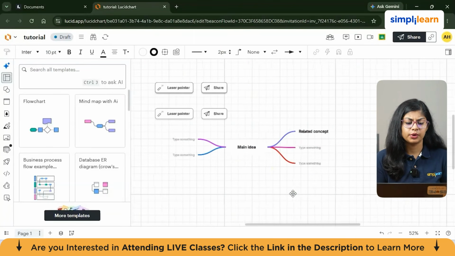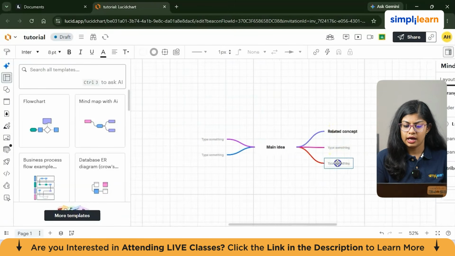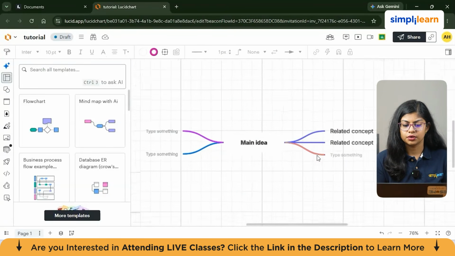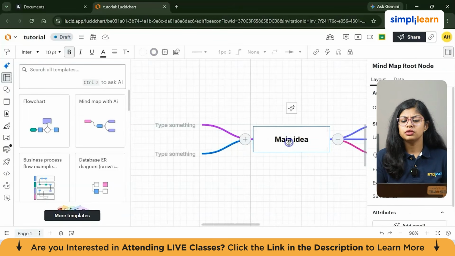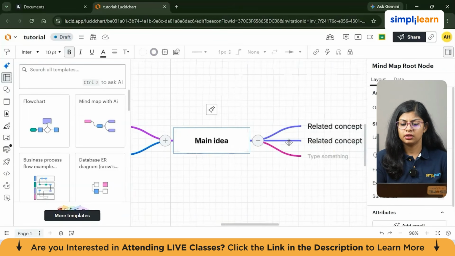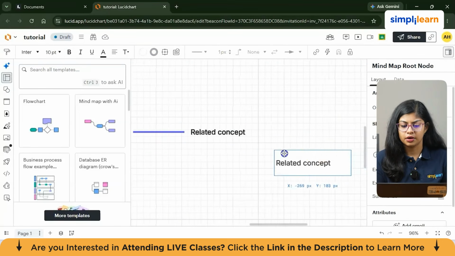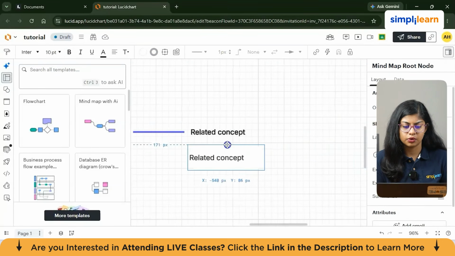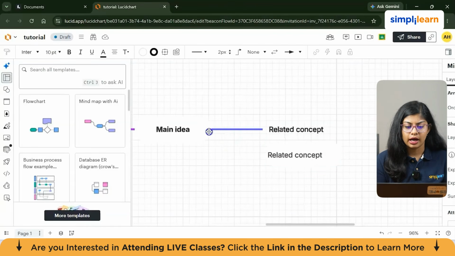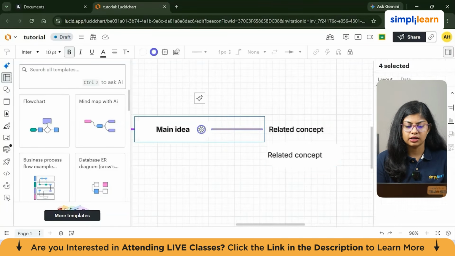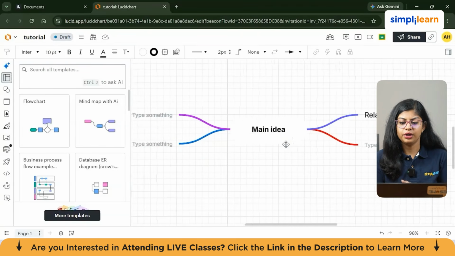You can add however you want to. Don't require this as well. And here this one should go. So here, as you can see, we have the main idea. So you can change again the shapes, colors are changeable. So I'm just creating one more here because I need one more skill. Total 4 skills is what my mind map should look like. And from here, I need to connect it. Ready? This is the connector box. So now I have 4 branches.